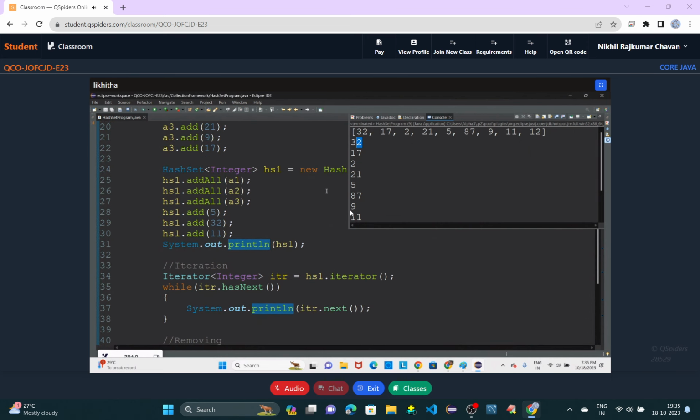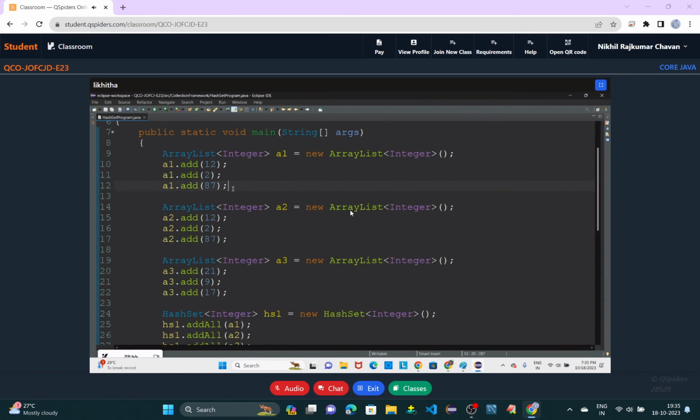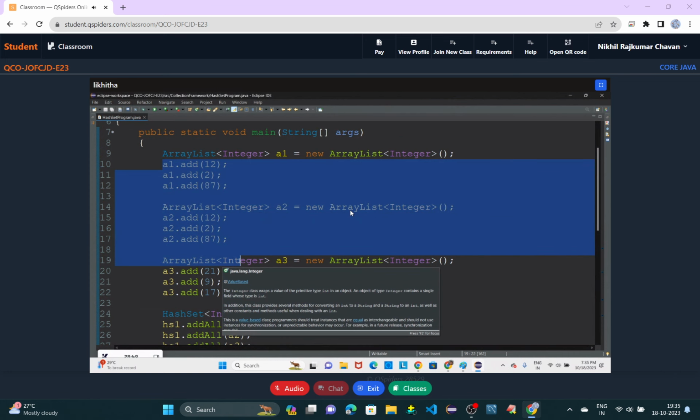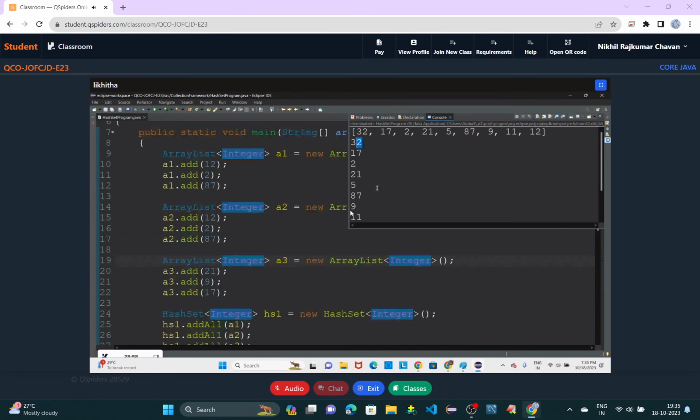Next here, we shall remove array list 1. Array list 1 members are what? 12 to 87. If you are seeing here, array list 1 and array list 2 both have the same elements. So now 12 to 87 is also removed. First 32 got removed, next 11 got removed, next 12 to 87 is also removed. Now after removing, the remaining elements are,